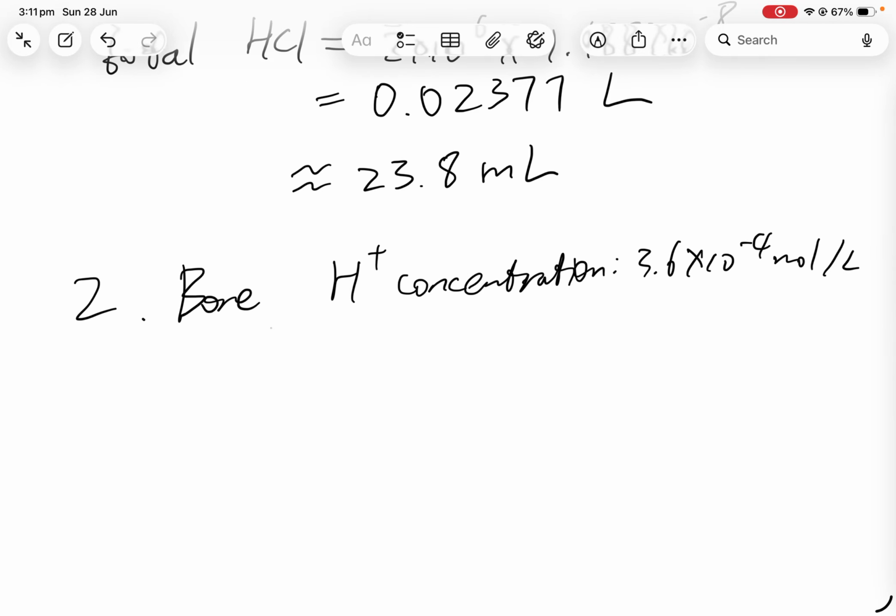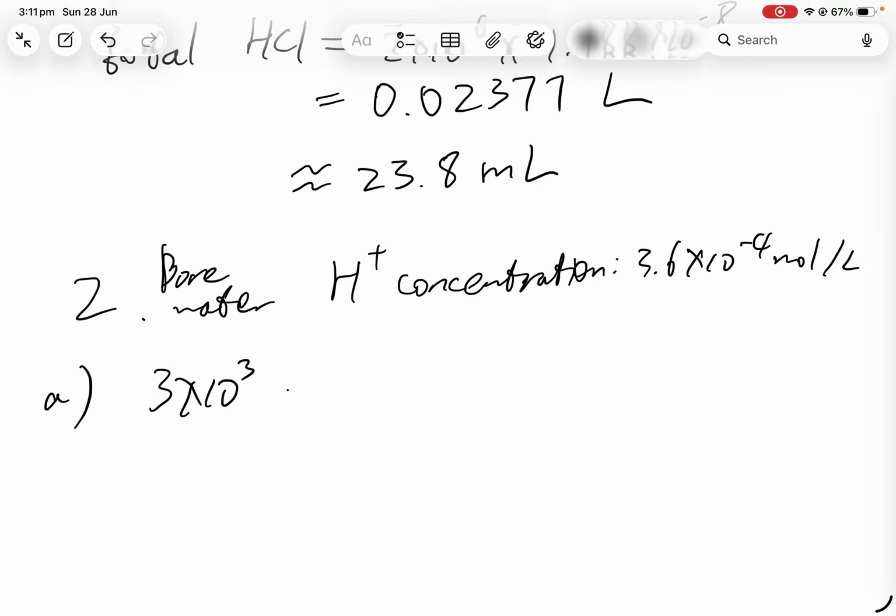Okay, so it's bore water, right? In part A of this question, there is 3 times 10 to the power 3 liters of this, and we have to reduce the hydrogen ion concentration from this to 1 times 10 to the power -6